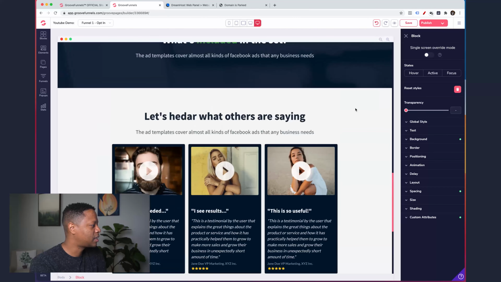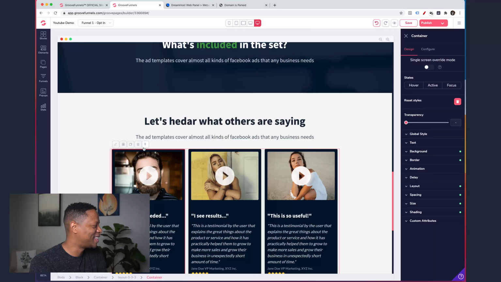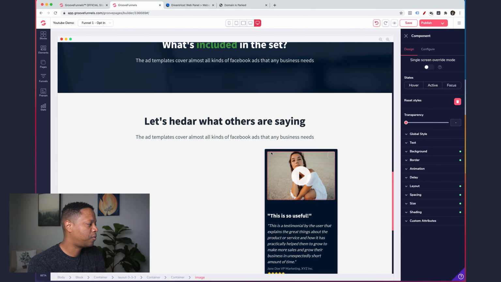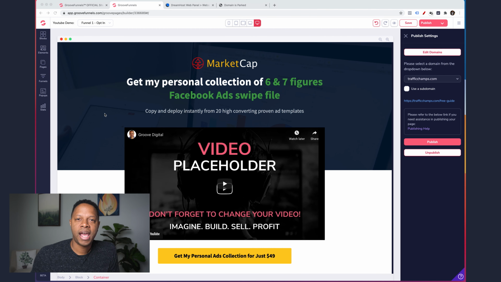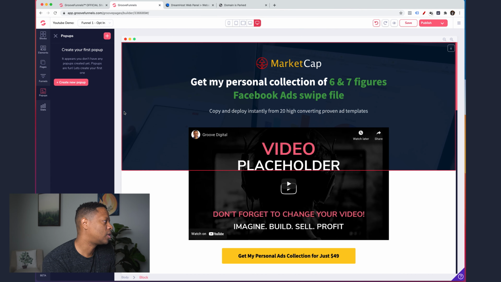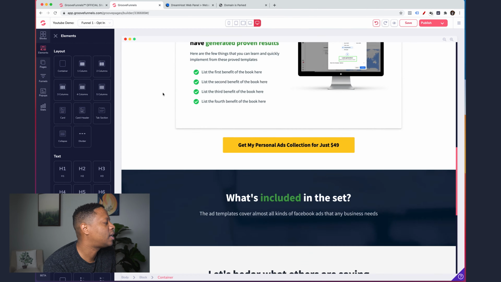So now, actually, let me just delete some more. The reason why I want to delete, because I'm going to add a form here and you'll see why in just a moment. So now that we know we're going to add a form, it really becomes, do we want to add a pop-up form or do we want a form directly on the page? Now, if you want to do pop-ups, it's in this section here. I don't want this video to go too long. This is something that you can create. But for our example, we're not going to create a pop-up. We're just going to go to Elements and we're going to embed a form.